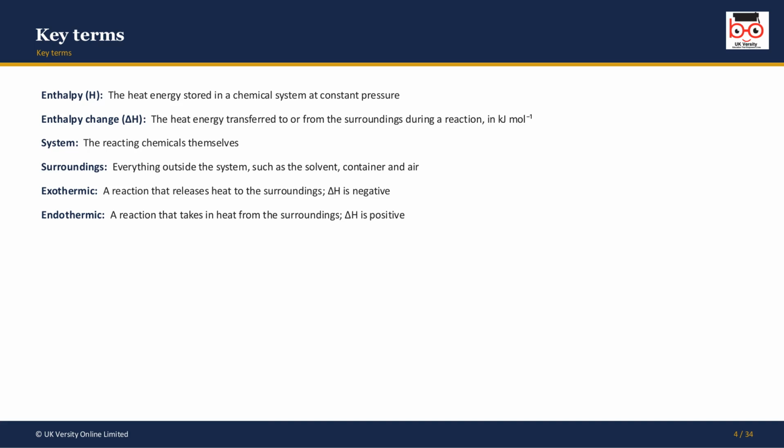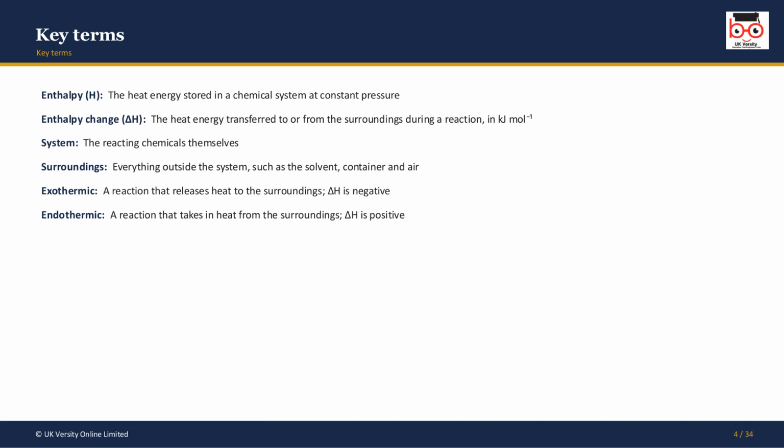Enthalpy, given the symbol H, is the heat energy stored in a chemical system at constant pressure, and the enthalpy change, delta H, is the heat transferred to or from the surroundings during a reaction, measured in kilojoules per mole. The system is just the reacting chemicals themselves, while the surroundings are everything else: the solvent, the container, and the air. And remember the key pairing. An exothermic reaction releases heat, so delta H is negative, while an endothermic one takes heat in, so delta H